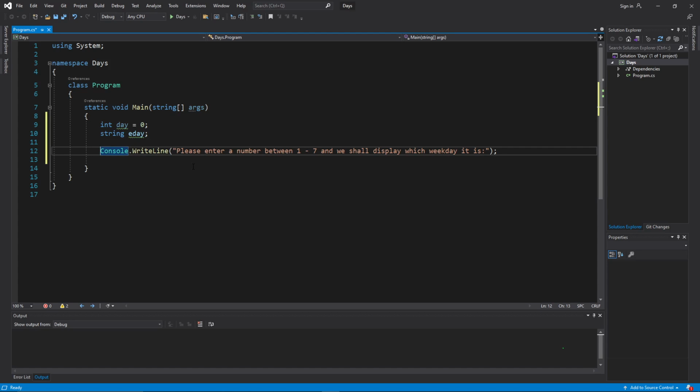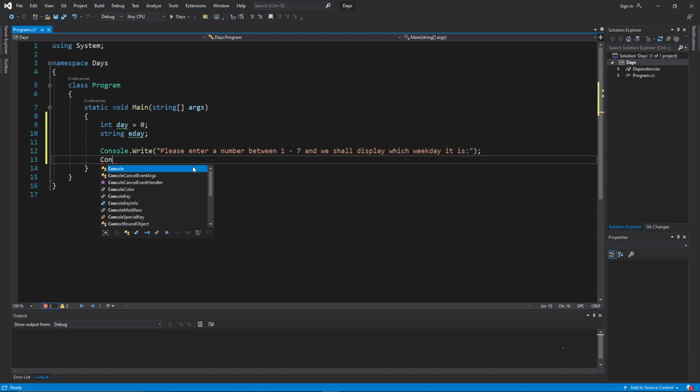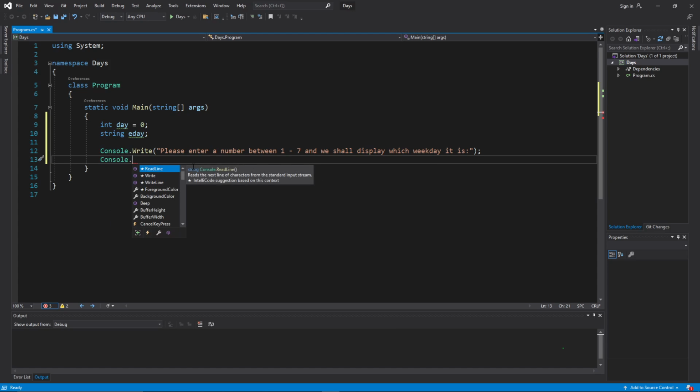We're going to pause for them to do that, and then we'll do a console read key,